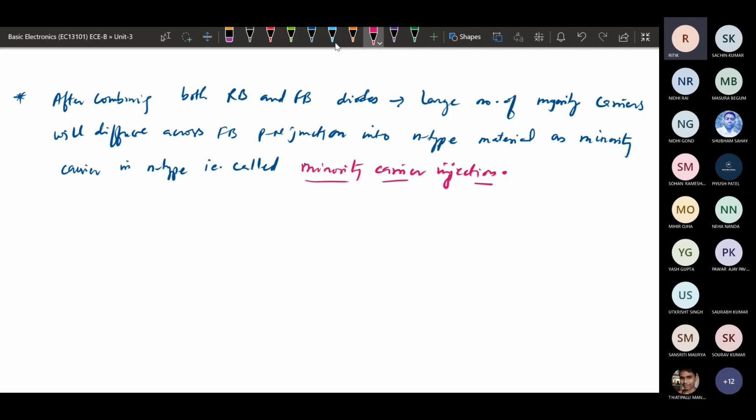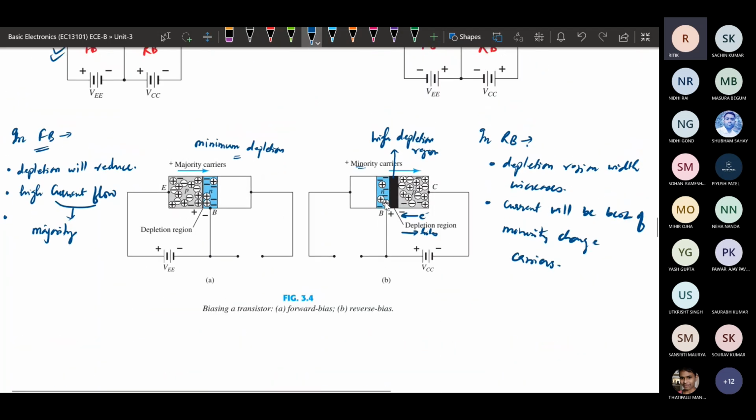Once we have injected the minority charge in the N-type region, the minority charge can easily pass the reverse bias diode, because a minority carrier can easily pass the junction in the reverse bias case.